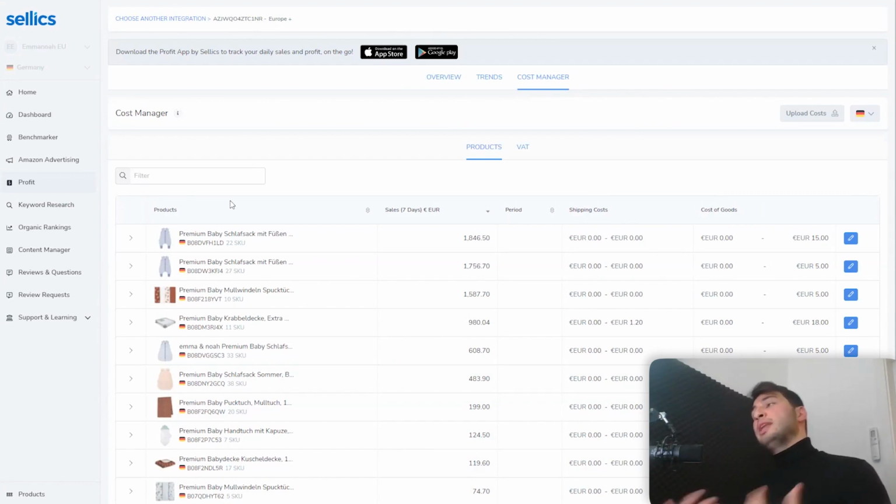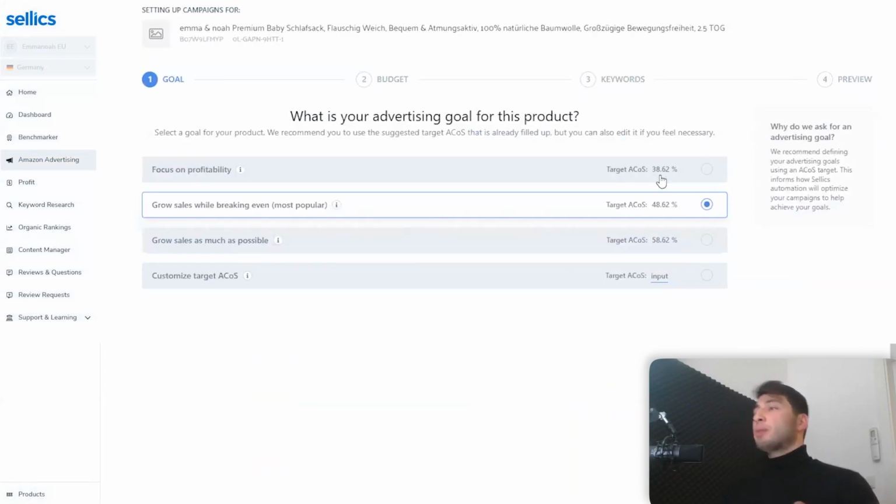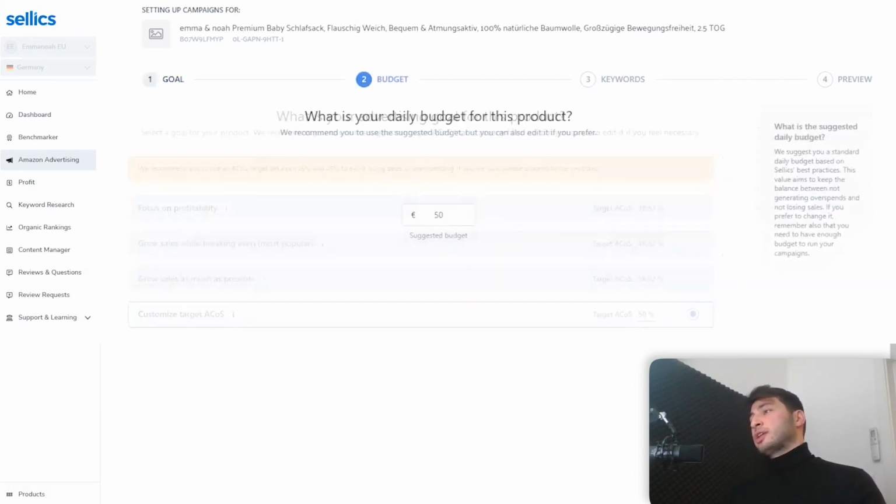So this will be meaningful for you because you will be able to understand your profit margin better when we also include, let's say better, your shipping and cost of goods, right? So if you have added the shipping and cost of goods for your product, we will give you a much better recommendation of an ACOS for that ASIN, right? So in this case, let's just choose our own target ACOS of 50%, right? And just click the next button.